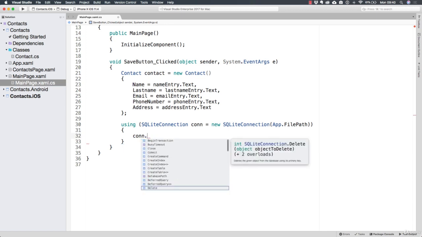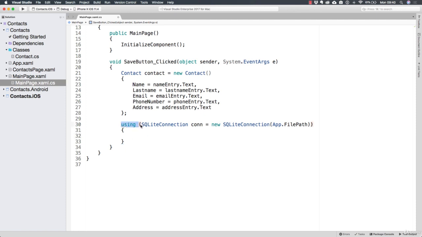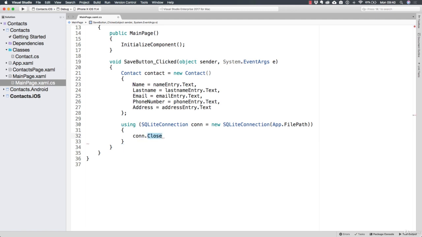This dispose method is here because the SQLite connection class implements IDisposable. And so this using statement is going to automatically call that dispose method for us. What that is going to do is close the connection to this SQLite database. Now we could always close it by calling the close method, but I do greatly recommend that you use